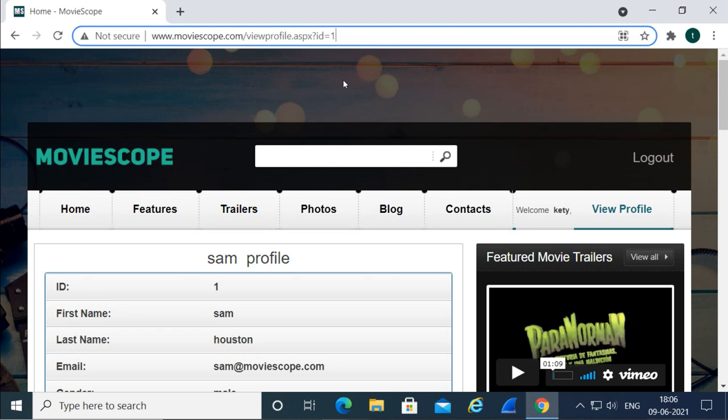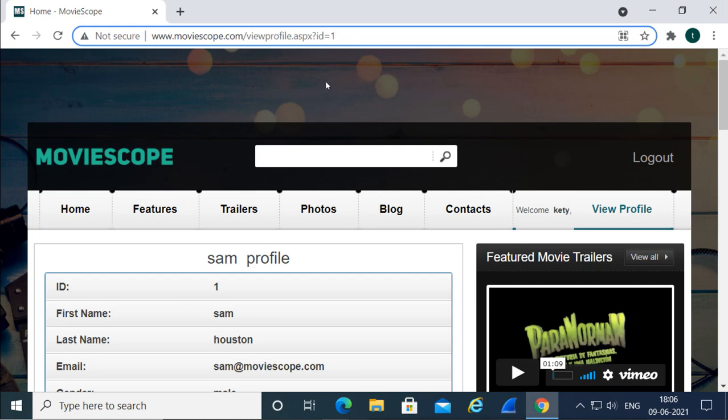We can use those tools to intercept the request, and then we can change the parameters. This is very easy because I can see the parameter in the URL, so I can change it from here. But sometimes you will not see it here, but still you can change it.